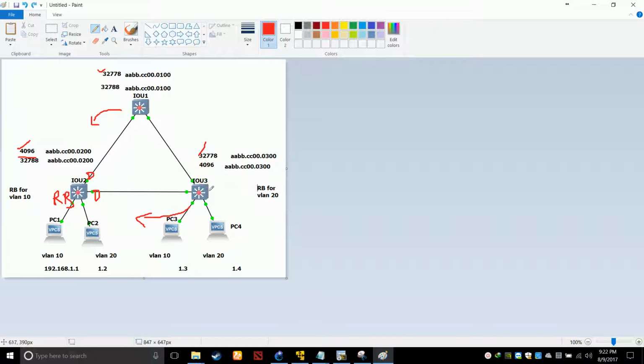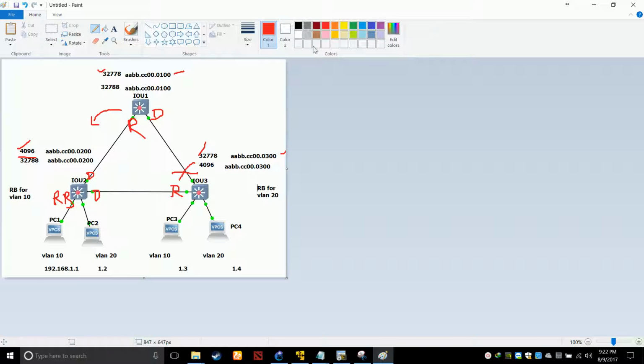So this guy becomes the root port. This is RP here, this is RP here. Now for the blocking election, we will look at the priority and the bridge ID for VLAN 10. So this guy will win, so this guy will become DP and this guy will become blocked for VLAN 10.